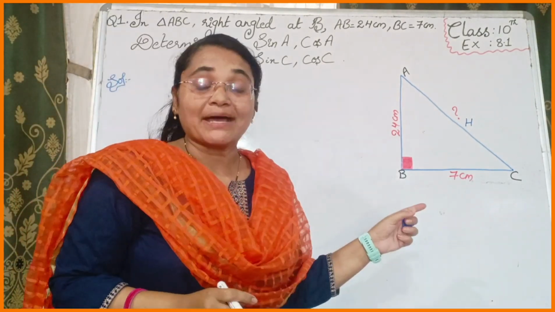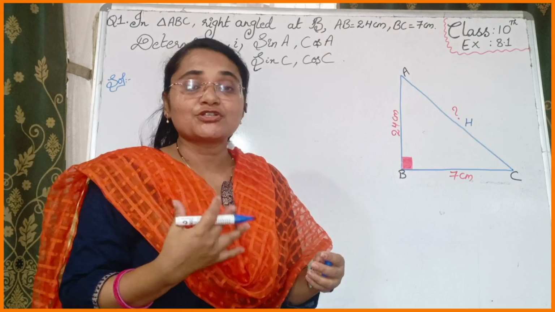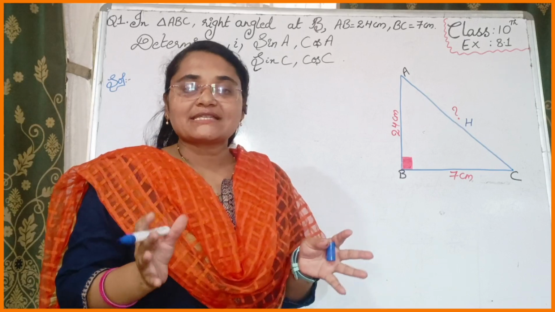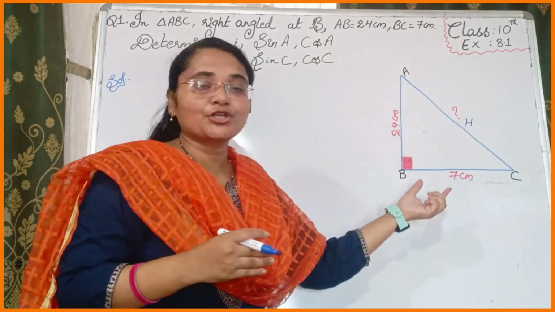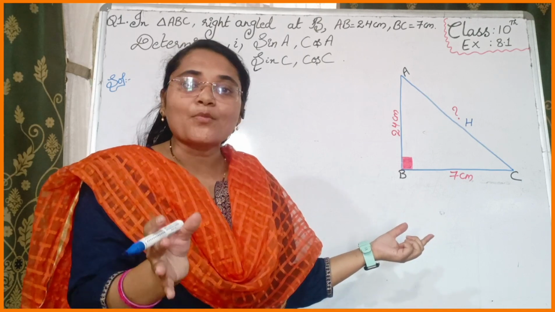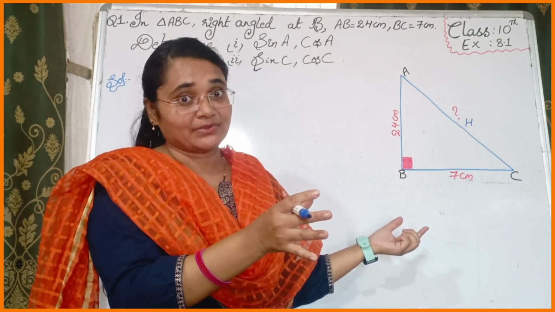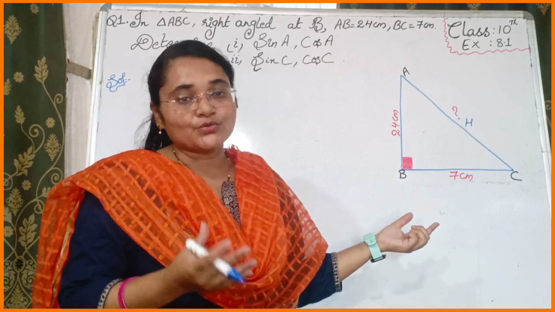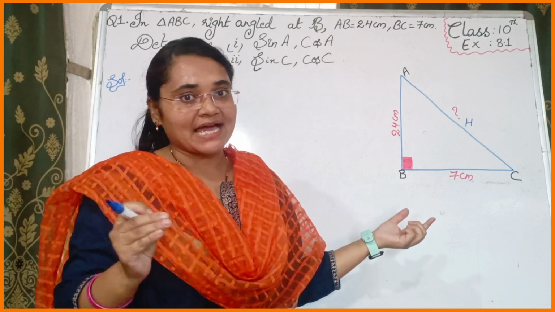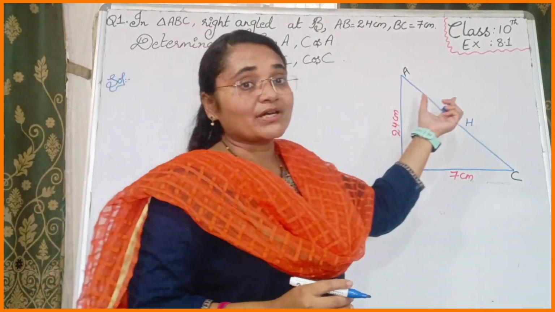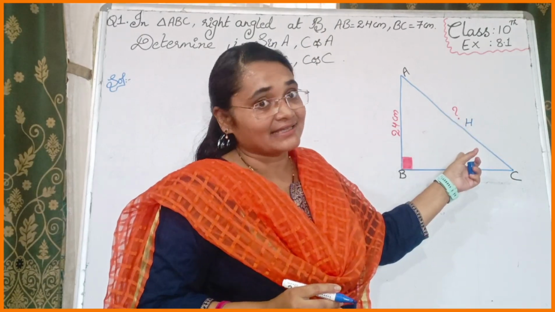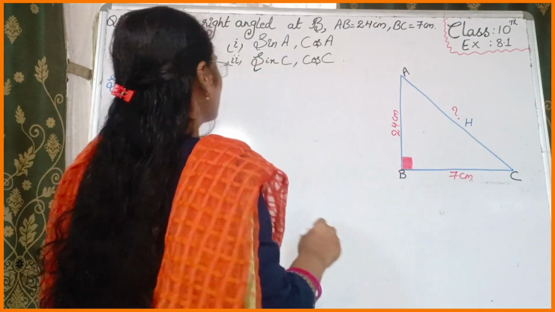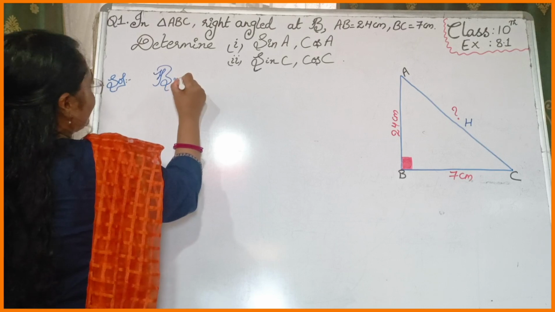We can solve this question by using Pythagoras theorem, which we should learn in this chapter. Pythagoras theorem you already know from the previous classes. Pythagoras theorem is nothing other than the hypotenuse square is equal to the sum of the squares of the other two sides. So now we will first find the missing side, that is the longest length, nothing other than the hypotenuse. Now we should find the hypotenuse by using Pythagoras theorem.